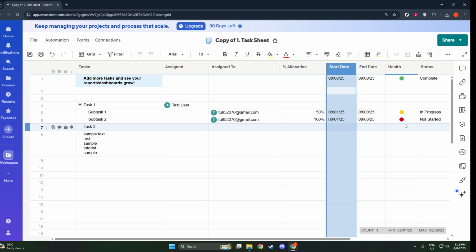This is particularly helpful when you're planning ahead and want to see your earliest deadlines or events first. It gives you a clear overview of what's coming up next, helping you to prioritize effectively. On the other hand, if you decide on descending order, the dates will be lined up from the latest to